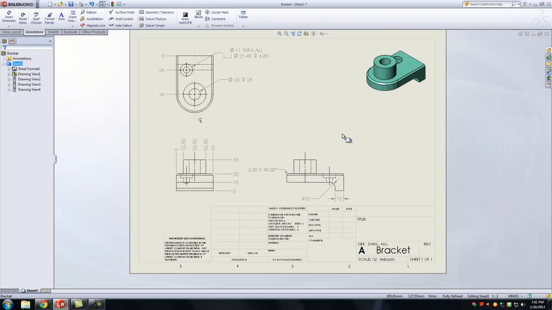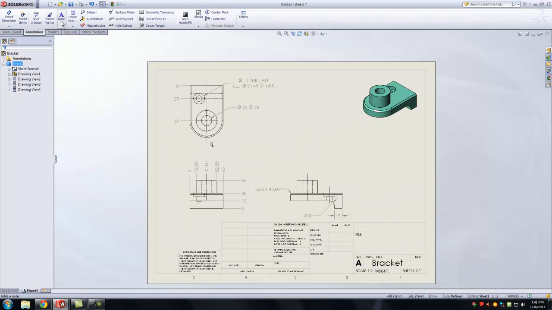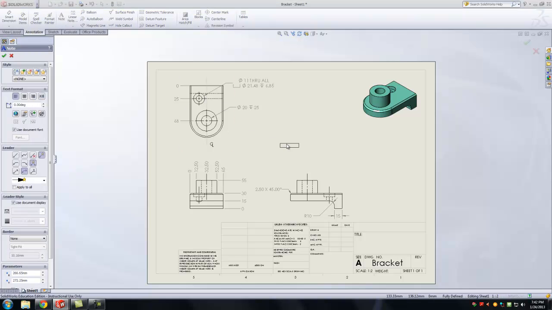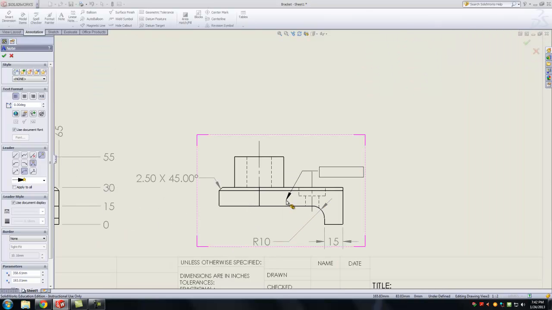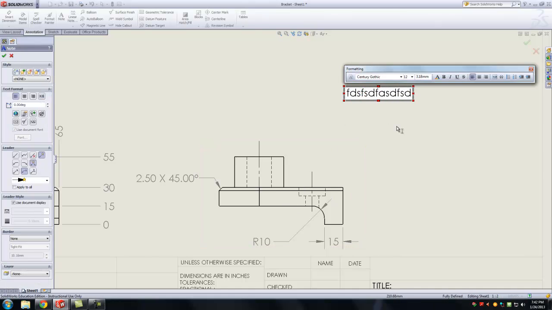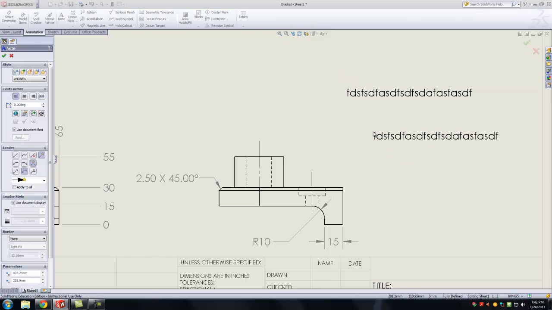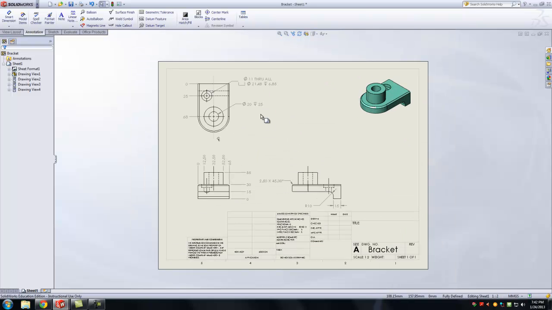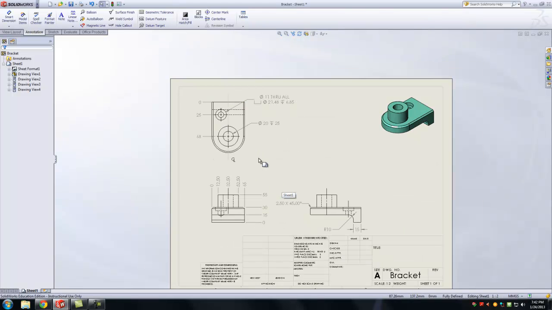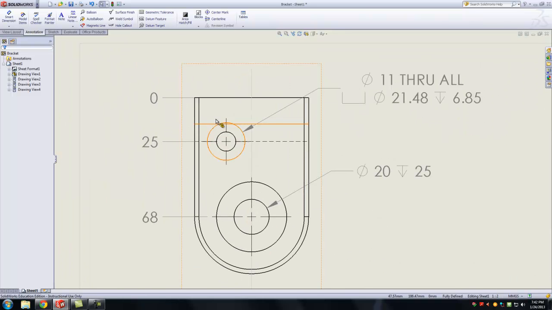Okay, so one more thing. If we click on Note over here, do you see where it says Note? I can click on Note, and Note basically allows me to add a note, and if I click on a surface, it will give me the point, the arrow, or I can just put a note somewhere here and type whatever I want. The same thing that we did before when we modified the sheet format. Now the cool piece, let's say there's two of these guys. Okay, so there's two of these guys. So we're going to click on this,